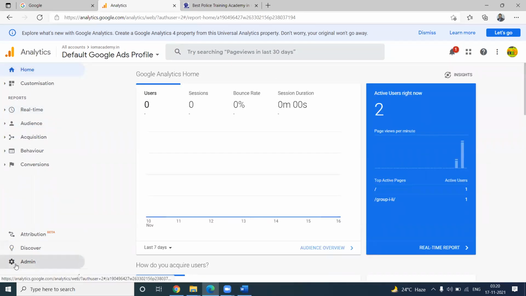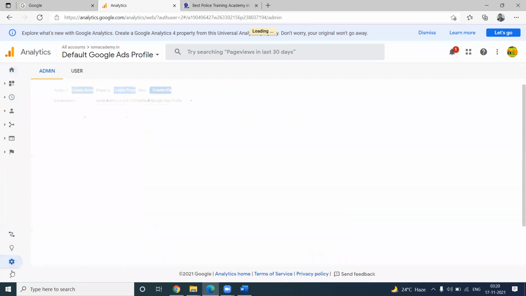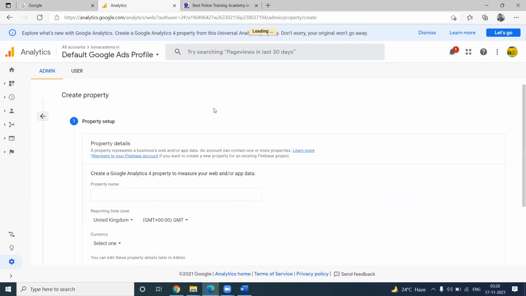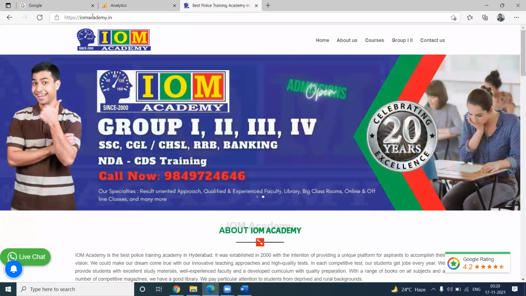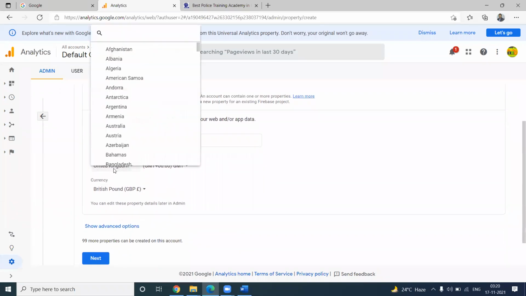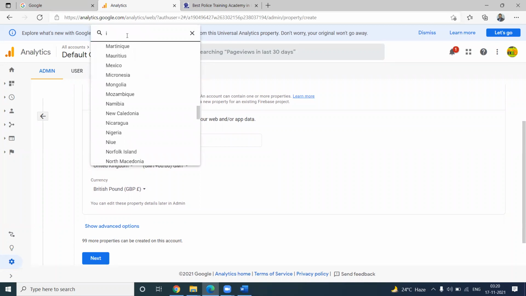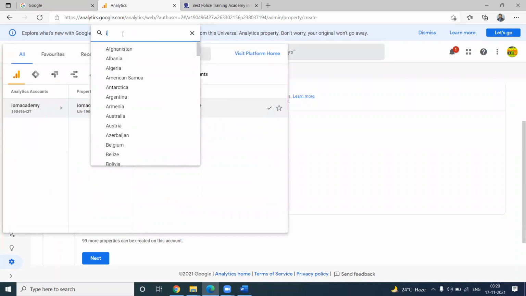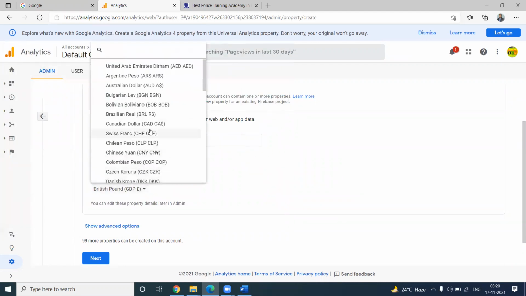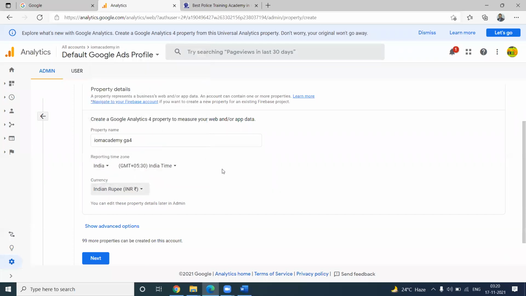Next, GA4. How can we activate GA4? Go to the admin option. We have an option called create property, not add account. Create property in this, selecting GA4, Google Analytics 4, and selecting your time zone, India. Selecting your currency.